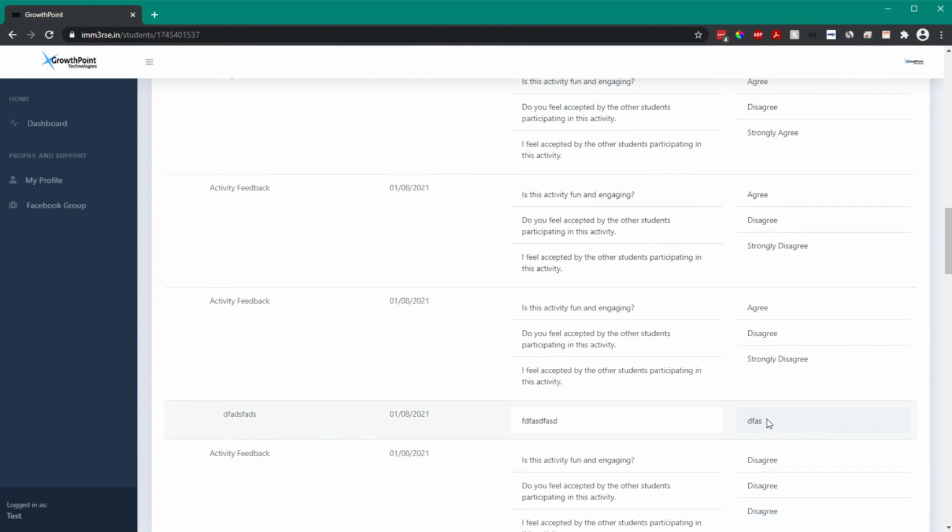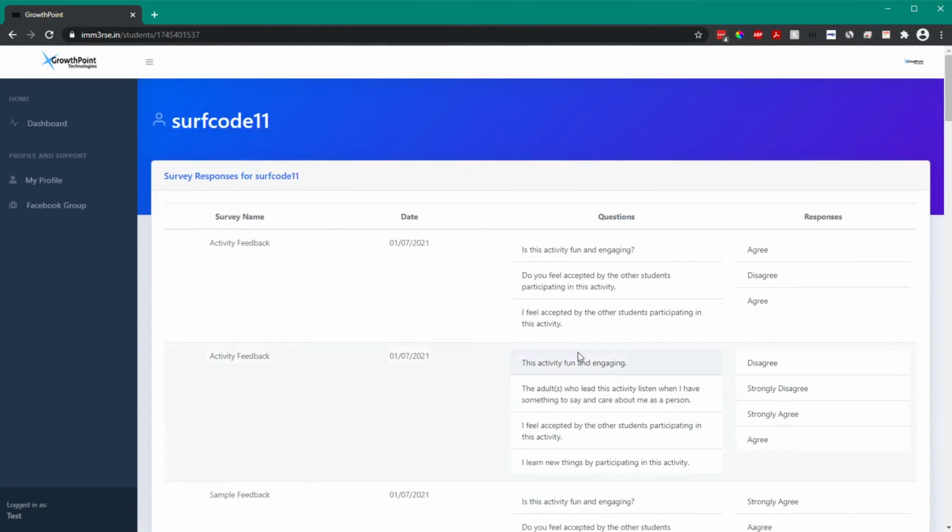Now again, what we want to be able to do is give you the flexibility and the ability to view the student responses. And I understand that sometimes you're going to end up with a bunch of different responses from the students, and you just kind of try to sort them out. So part of our roadmap here, again, this is version 1, but part of our roadmap is to really be able to put this data together and then display it in a meaningful